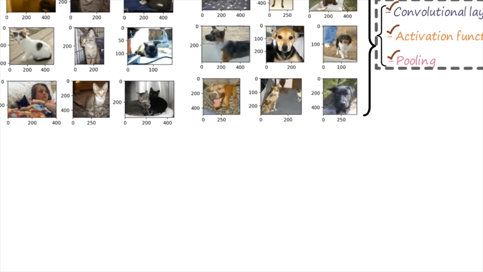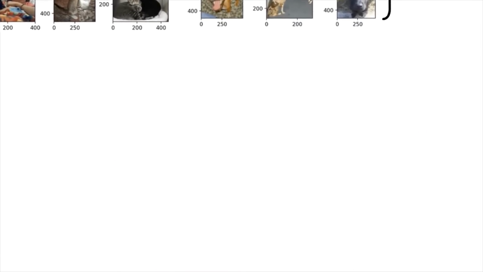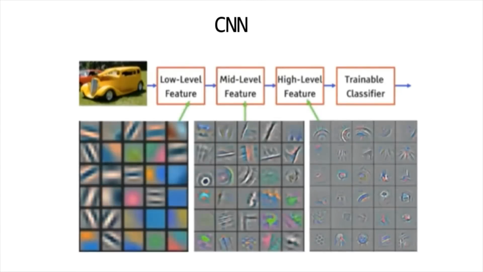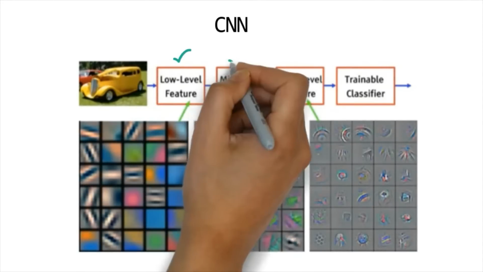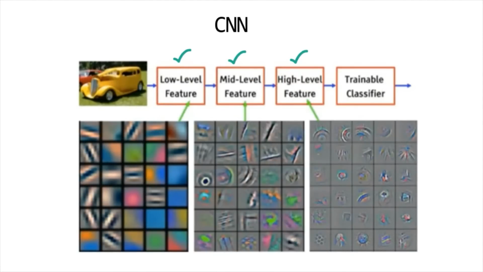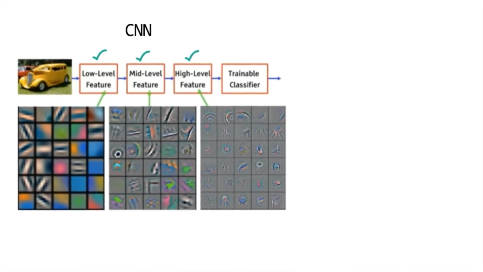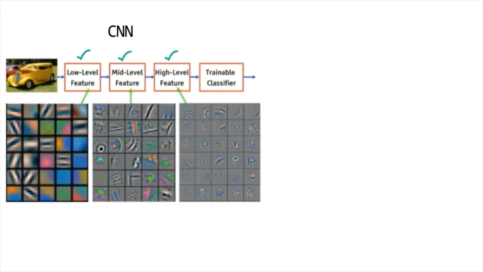Before starting the convolutional layer in CNN, I will tell you one story. It is very, very important. Whenever we are talking about CNN, I have already explained that CNN works on images. And whenever we are talking about any image, you have to understand that an image may have many low level features, mid level features and high level features. In order to understand the CNN working mechanism and the meaning of these low level, mid level and high level features, I am just going to explain one simple story so that you can correlate this concept.